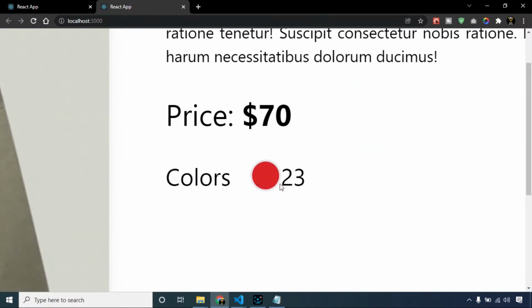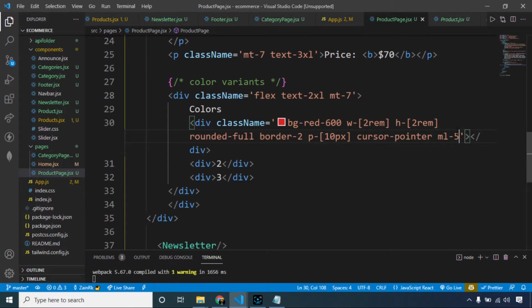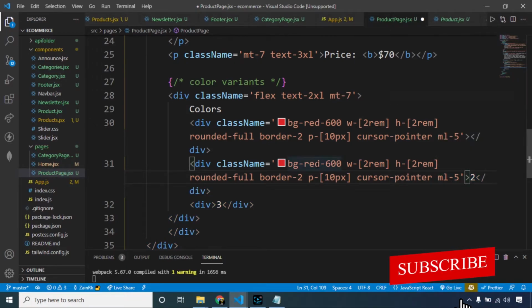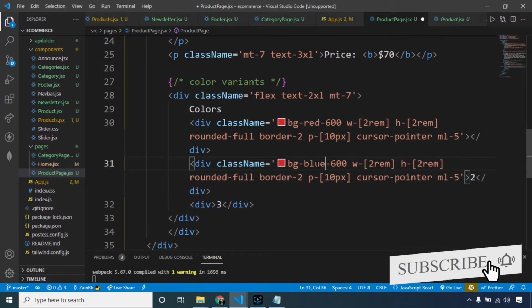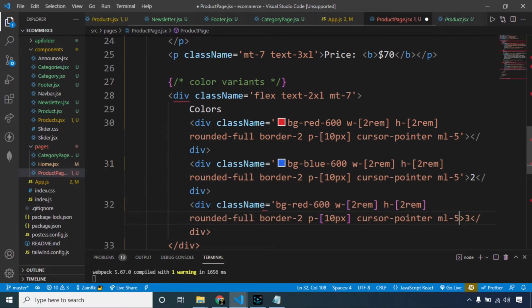Similarly, we can style our div 2 and div 3. I am just copy and pasting the same styling for our div number 2 and div number 3 like this. And of course their color will be different. So I am making it blue, and for div 3 let's make it yellow.